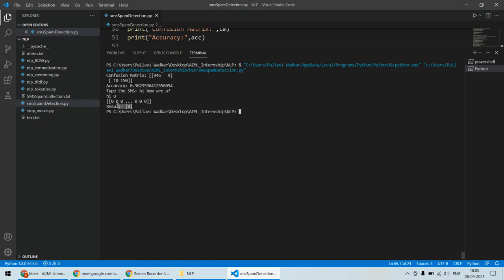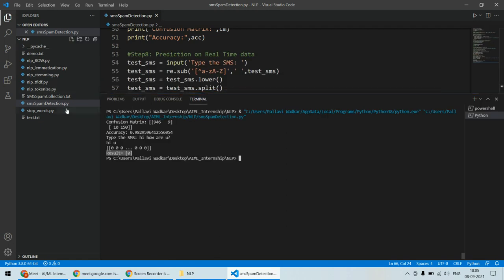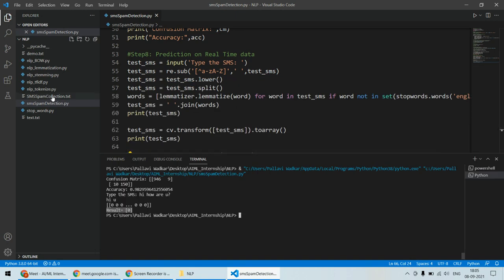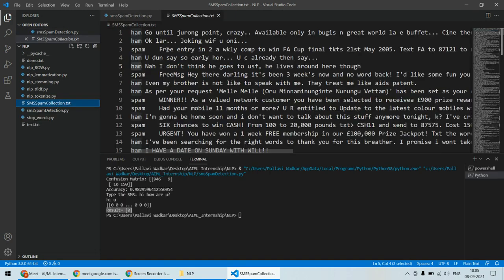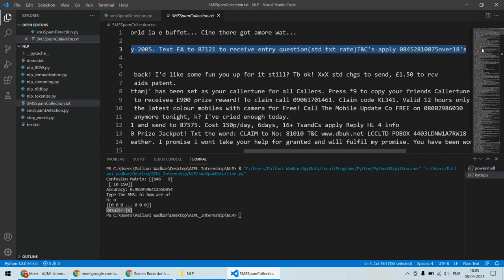और इसका रिजल्ट क्या आया, जीरो। जीरो मतलब क्या होगा अपना, नॉट स्पैम। अगर वन आता तो that will be a spam SMS. तो हम क्या करेंगे कि स्पैम चेक करने के लिए हम डेटाबेस में से ही एक एसएमएस तो लेंगे। तो ये अपना डेटाबेस है। तो डेटाबेस में let's say this is this spam वाला एसएमएस है ये। तो इसको मैं कॉपी करता हूँ पूरा और इसको मैं एंट्री करूँगा जब भी मुझे वहाँ पे एंटर करना होगा ना। तो फिर से मैं इसको रन करूँगा